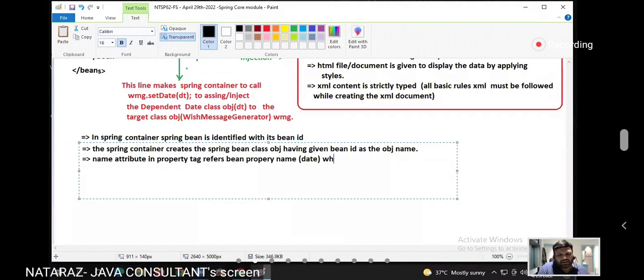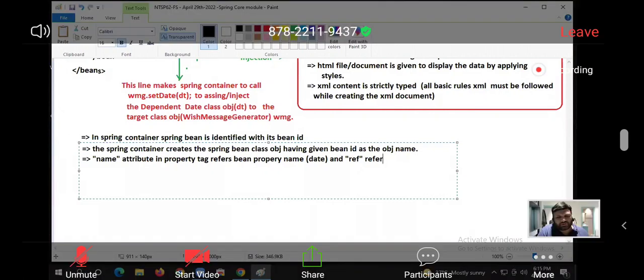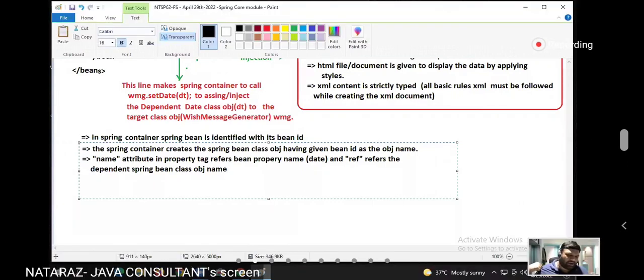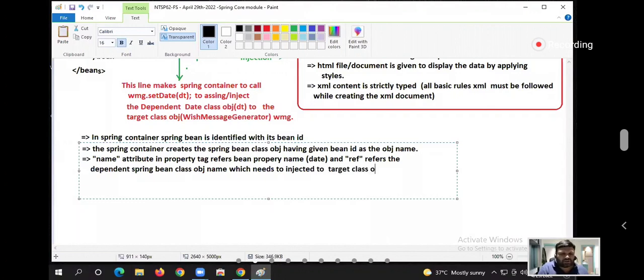And the ref attribute refers to the dependent spring bean class object name which needs to be injected to the target class object.